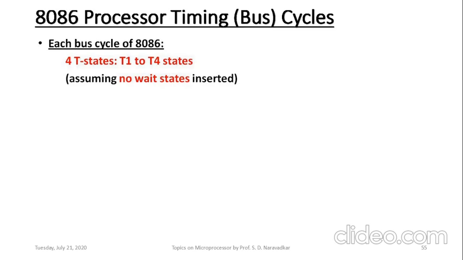It means that the devices to which that bus cycle deals with are fast enough so as to complete their corresponding operation within that stipulated time of T1 to T4 steps. In case those devices are slower devices, then wait states will be inserted between T3 and T4 state. There can be 1, 2 or more wait states inserted depending on the speed of that particular device, and accordingly the bus cycle will get extended, elongated.